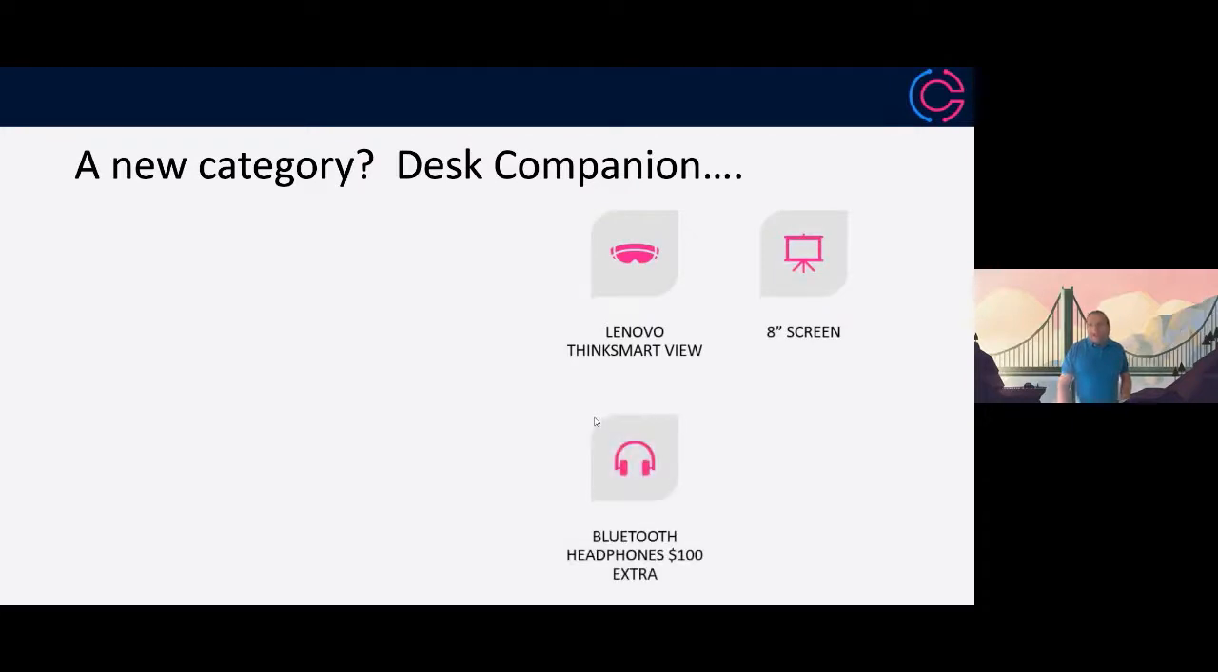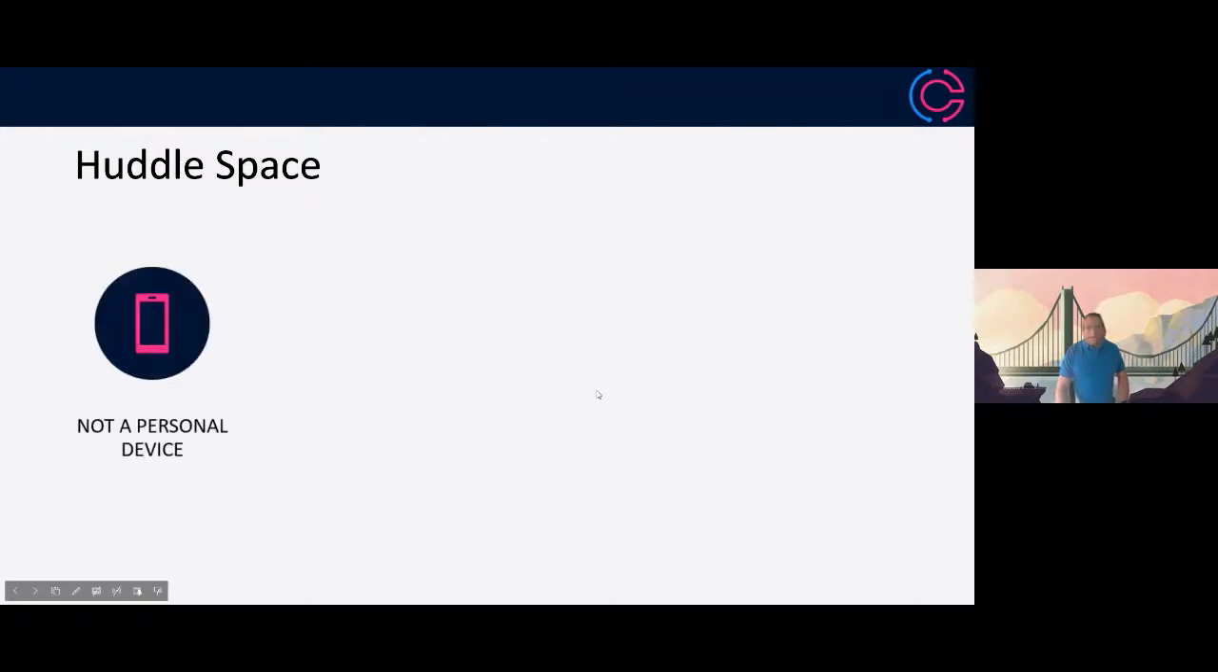And again, also at Ignite, Lenovo came out with a new category of device called the ThinkSmart View. It's got an 8-inch touchscreen, again also based on Android. So the device is sort of designed for this huddle space. It's not a personal device; it's a shared space,